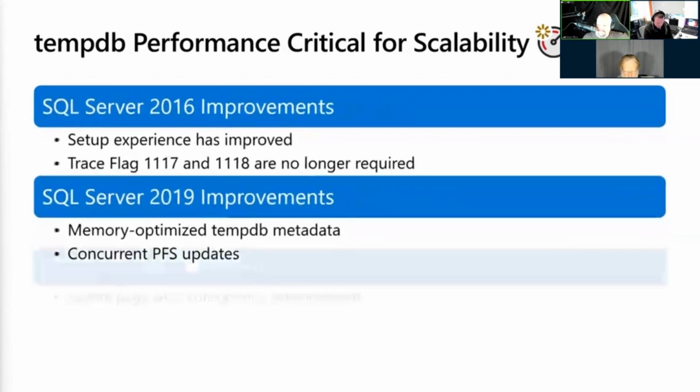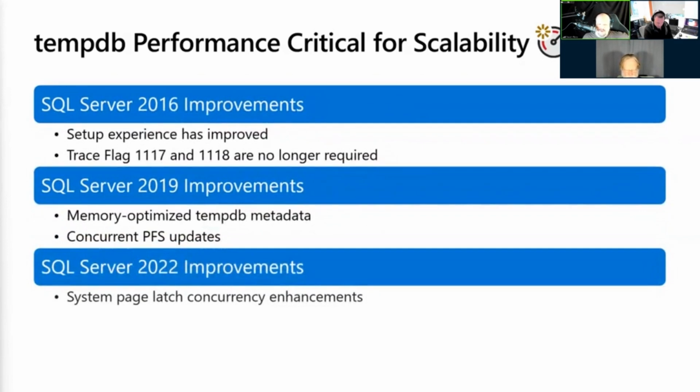Here's what we've added though. In SQL Server 2022, we are addressing yet another common area of contention by introducing concurrent GAM updates. Under higher concurrent workloads, you can witness GAM contention with many different threads that want to allocate or deallocate extents represented on the same GAM page. This is because the updates are serialized and each thread needs to first wait for another thread to release the update latch held on the GAM page, and then they themselves need to obtain the same type of latch while they make their updates to the GAM page.